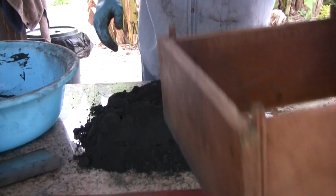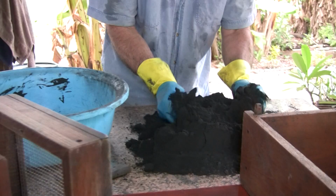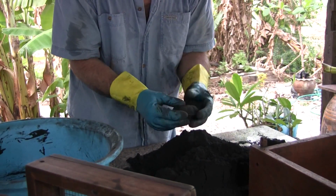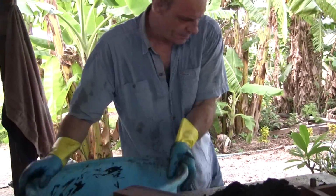Now I've got a pile here. This has got 2/3 of the water I need. If I squeeze it now, it clumps together, but it's not well consolidated. And now I just put it back into the